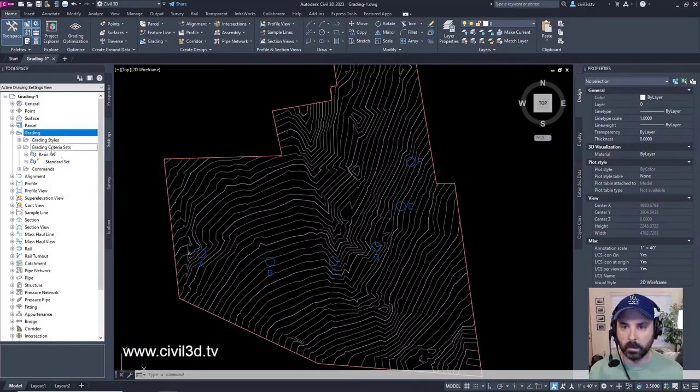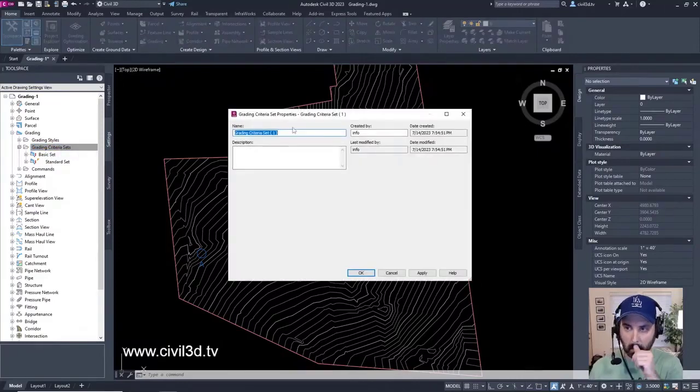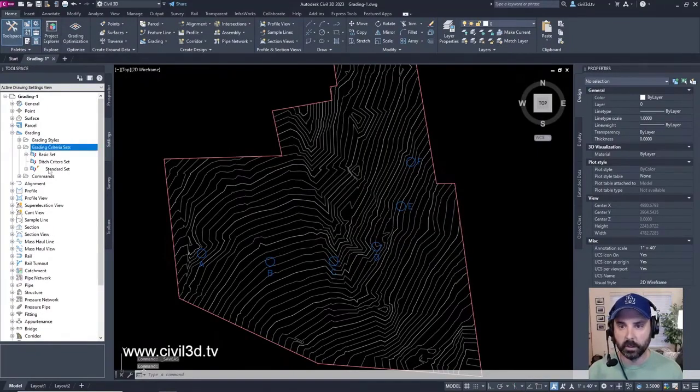So what we'll do, we can right click on this and create a brand new one. We get our grading criteria set properties dialog box. Then we can name it. We can name this ditch criteria set in the name field. You can enter in a description if you so choose, but I'm just going to go ahead and click OK. And you see that it shows up within our grading criteria sets.